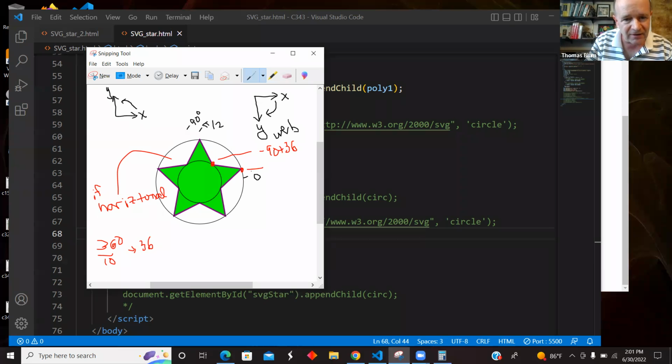And this angle is minus 90 plus twice that, so that'll be 72. Oops, I got a little crazy there. So then what is the y? Y1 is the inner radius